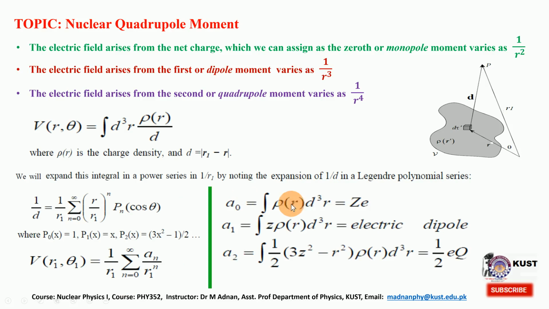So there we have the zeroth order, as we can say the monopole, the first one is the dipole,